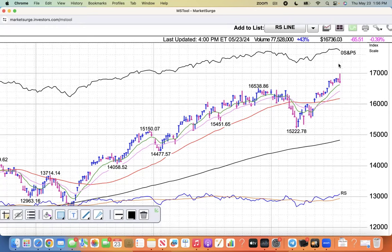16,736. So if you just take a step back and look at the bigger picture here, the Nasdaq has been in an uptrend for a while. It entered into a power trend on Monday and now is making new highs. Yeah, it gave some back today, and it was actually down a little bit yesterday. But you've got to expect some profit taking into the 3-day weekend, especially after this big move. So the trend is still our friend, and don't panic because